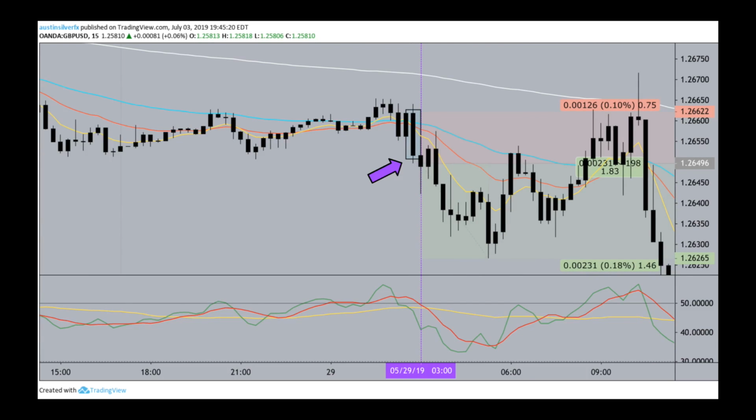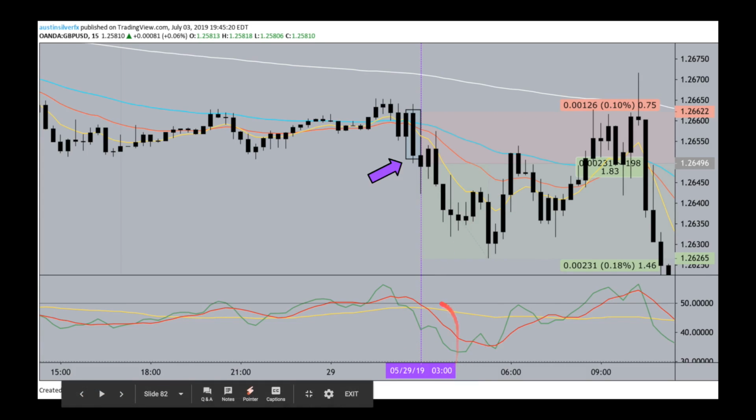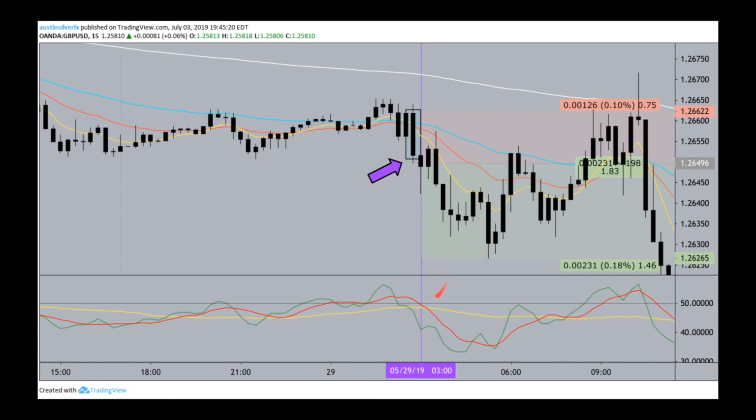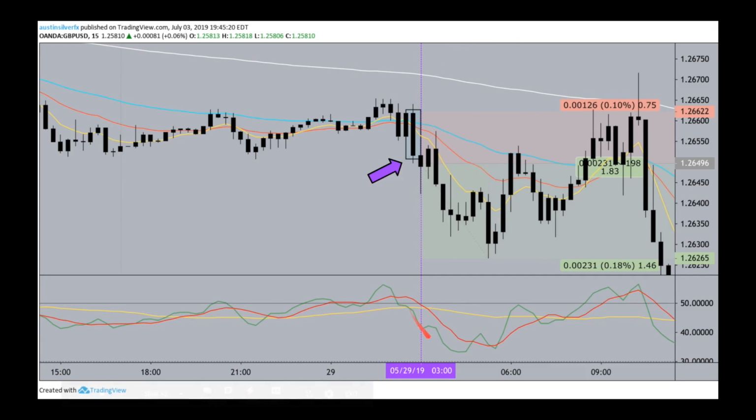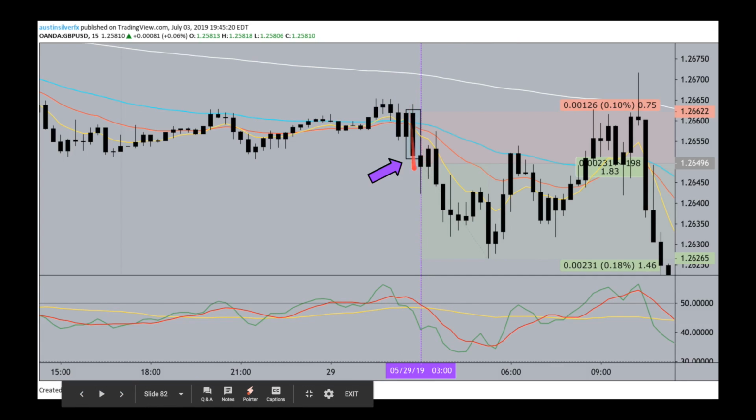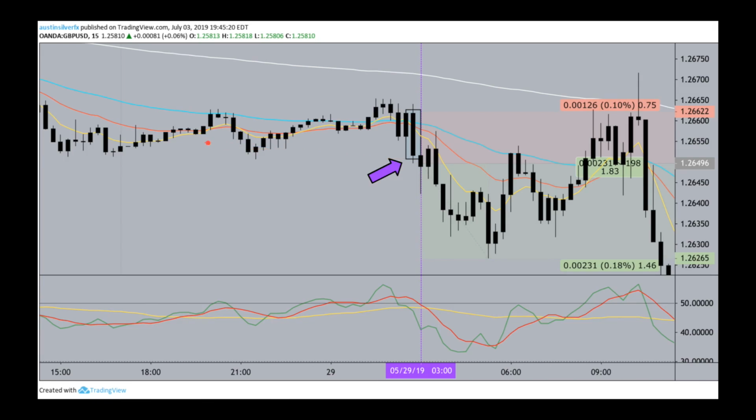Here, GBP USD again, a nicer shift candle. This is 3 o'clock in the morning on a separate day, but that shift candle comes right through the 50, right through the 21, with the TDI beautifully in the sell zone, EMA saying to sell it, and the RSI well under the trend line, well under the liquid 50 at the time of the candle confirmation. This candle breaks past the Asian session low, past yesterday's low set here. You can see it was set, tested at the changeover of day, tested during the Asian session, couldn't break above the 50, couldn't pull the liquid 50 into the buy zone, finally shifts down,